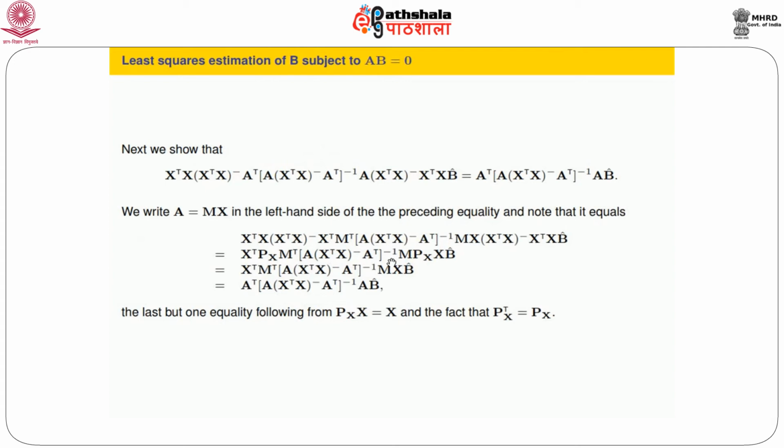That's it. So let us look at this expression carefully. What we got, X transpose X BH hat is equal to X transpose X B hat minus A transpose A X transpose X bar A transpose inverse A B hat. The only thing that we have to be alert about is that we are using a G inverse here, and let us remember that in the full rank situation, when X was assumed to be of full column rank, we had inverse here. So basically we have extended this formula that was derived under the assumption X is of full column rank. We have proved an exactly similar result in the non-full rank situation.